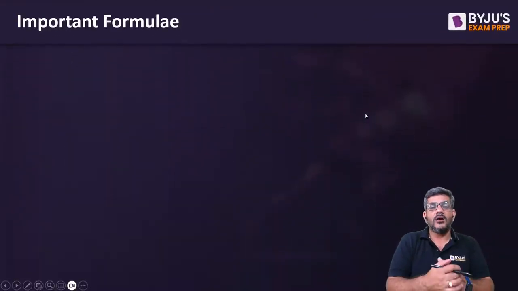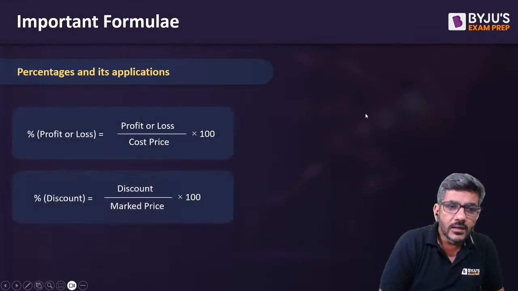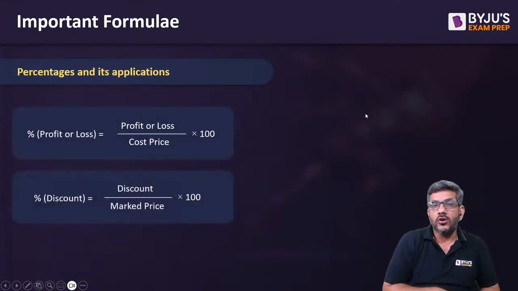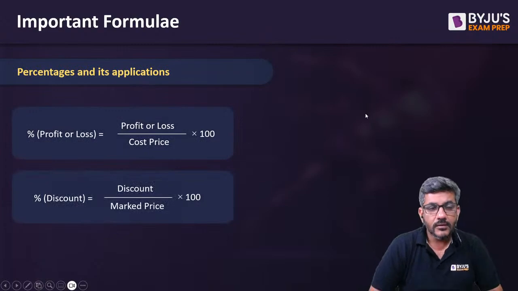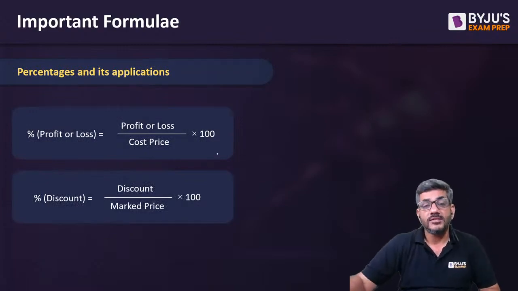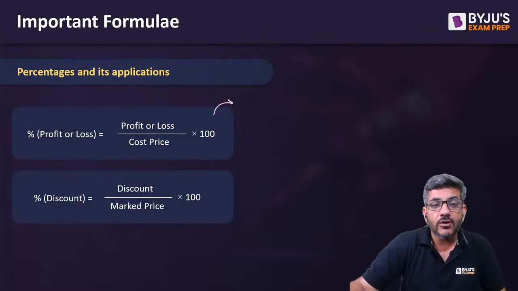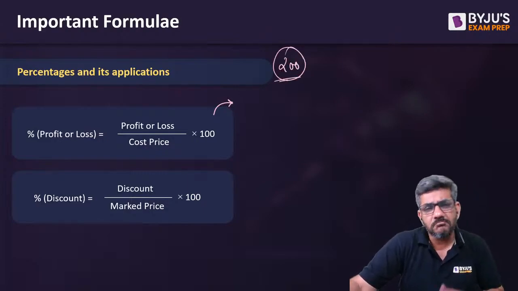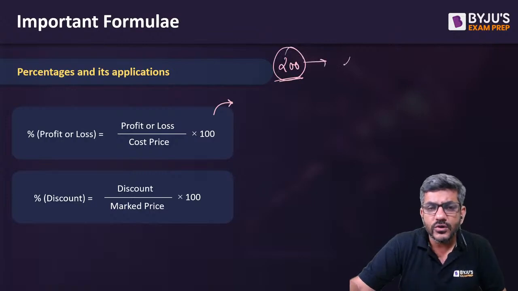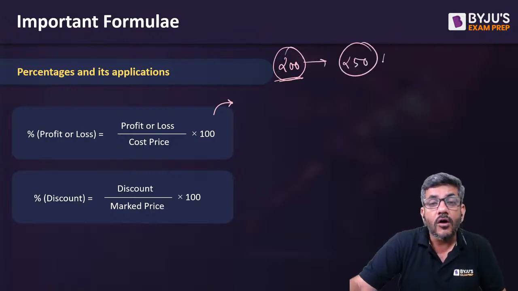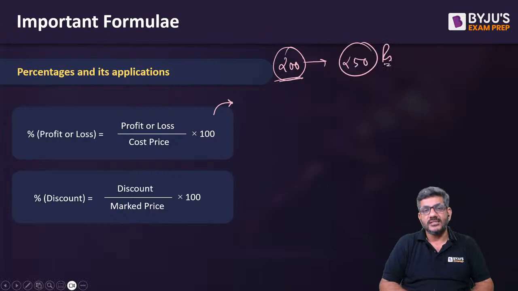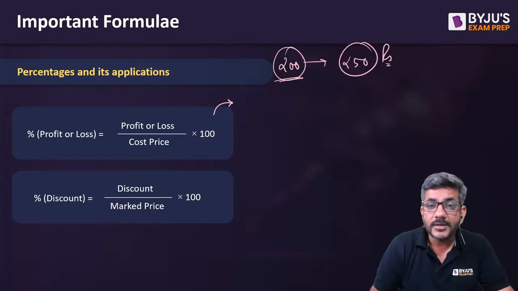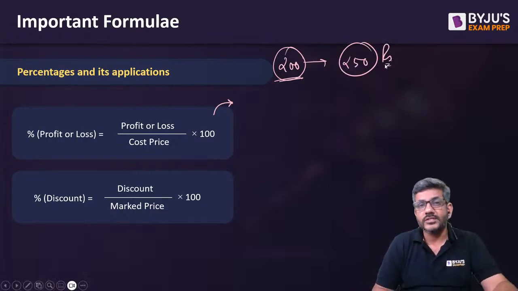The second part now is profit and loss or discount. Okay, what is profit, loss or discount? Let's talk about this as well. Profit or loss: first of all, a shirt is worth 200 rupees, and it is being sold for 250 rupees. Of course there is a profit here, we all can see that something worth 200 is being sold for 250. It of course gives you a profit.